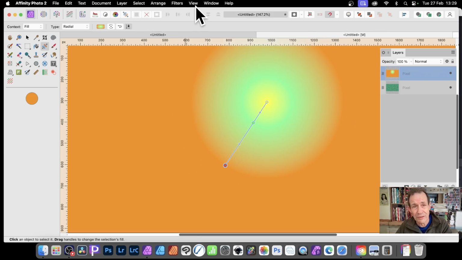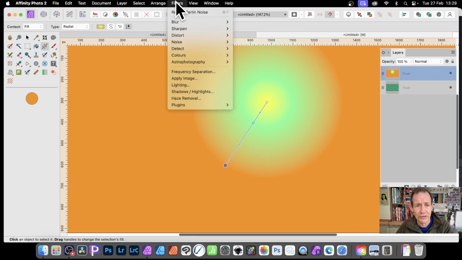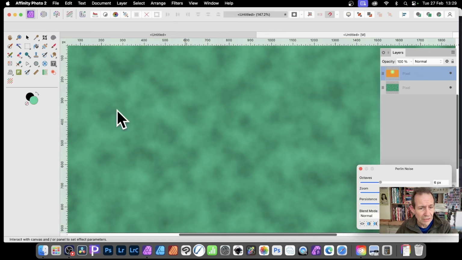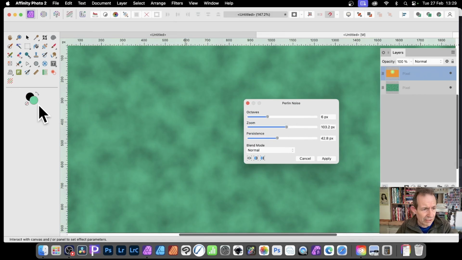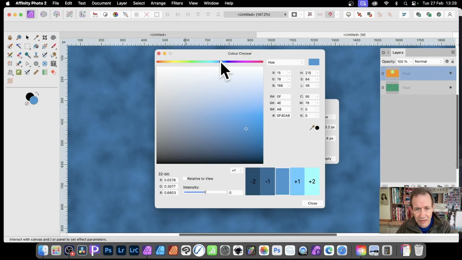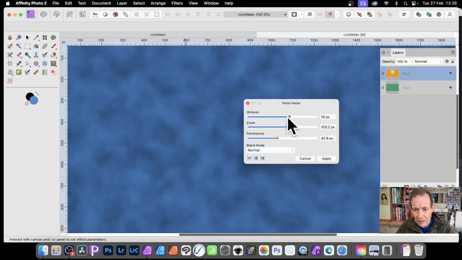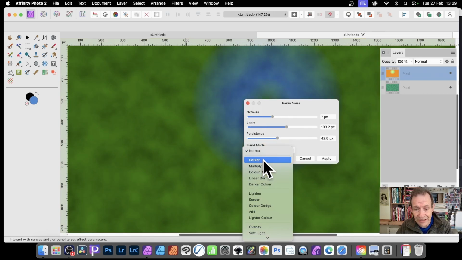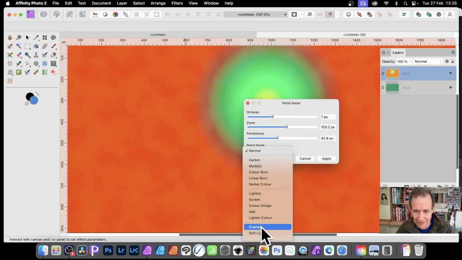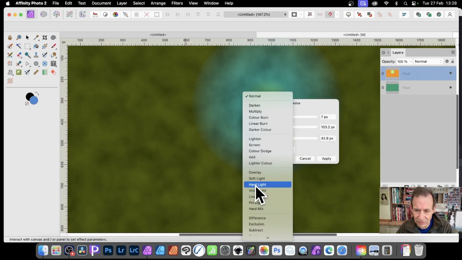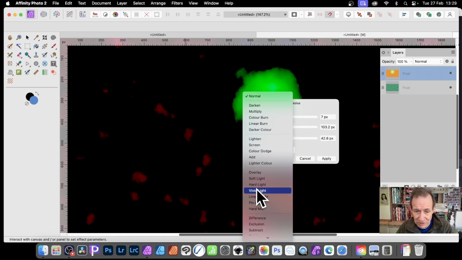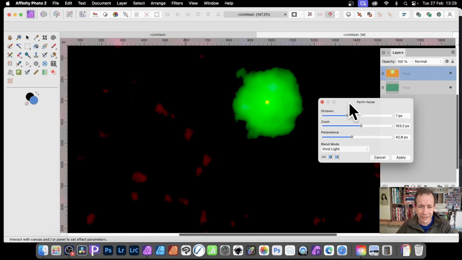But now with the Perlin noise, go to filters and down to noise, Perlin noise, and instead of that green, let's just change the colour there and go for blue and close. This time, let's just go through it, and you can see because I've got something actually in the layer, this blend mode actually does something. Not much. In fact, not particularly super effective, but you can create some interesting, I think, really quite nice effects